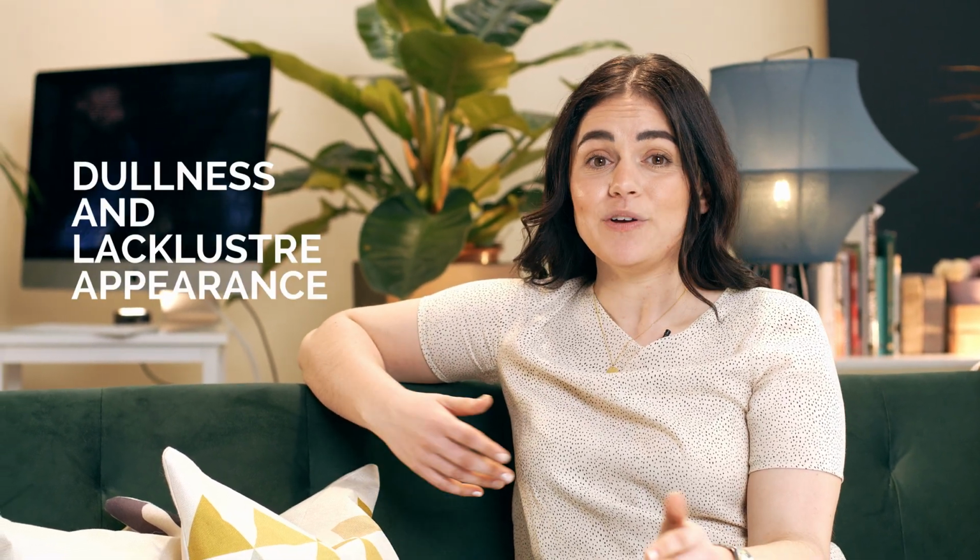Before we move on, I wanted to quickly mention another skin type that up until recently had been considered the same as dry, and that is dehydrated skin. Now, this skin lacks water, not oil, so it needs to be treated a little bit differently to help it keep looking its best. The main characteristics of a dehydrated skin are: it's prone to looking a little bit dull